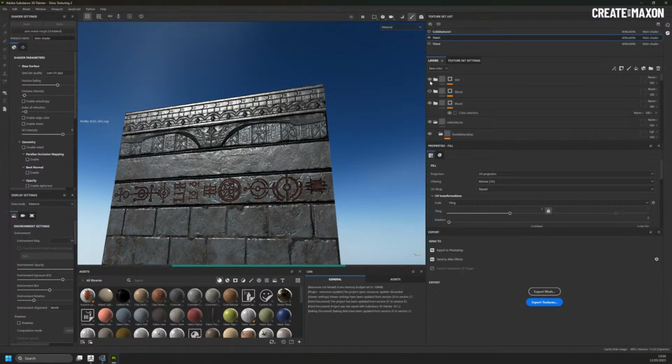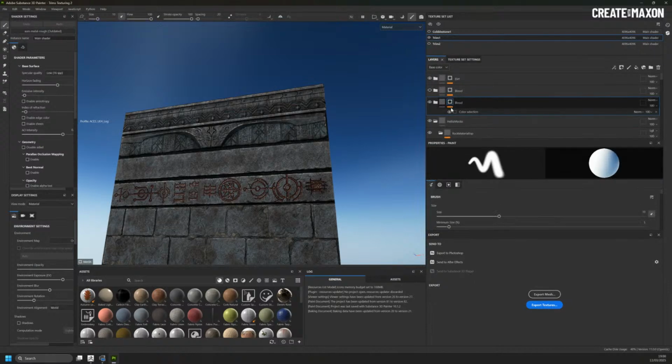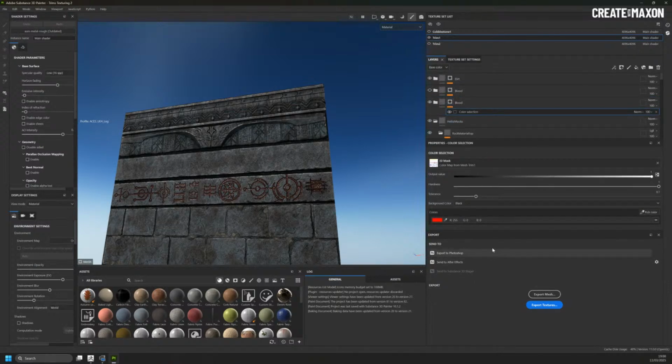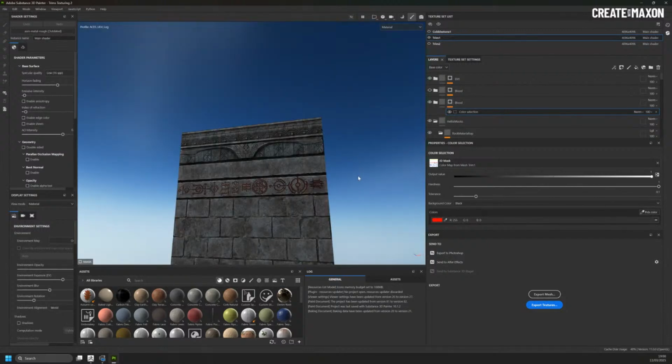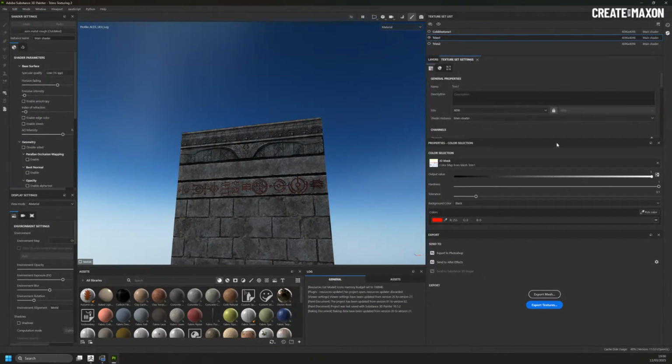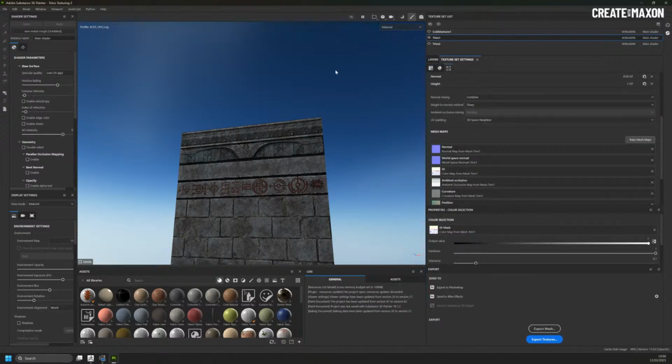This is the blood section. Oh, there it is. This whole group of layers, if you look at the mask, there's a color selection mask. And under here, under the pick color, if you click pick color, it's going to show you that color ID. Now, to get that as a color ID in Substance, you need to bake your PolyPaint and not bake your material. So once you're baking, under your baking menu, if you go to your texture set settings and you go to your bake mesh maps,